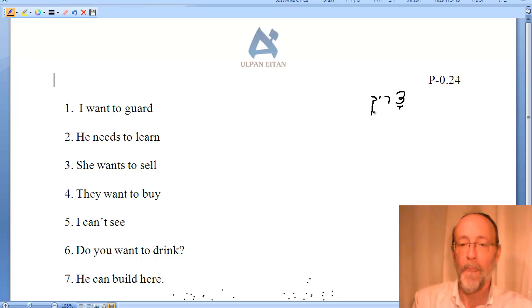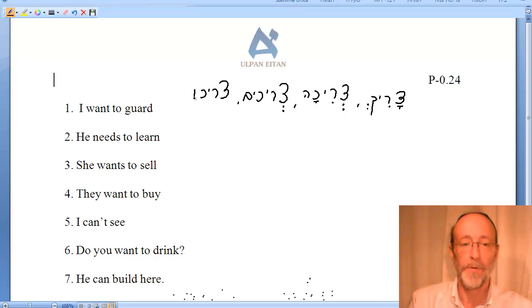tzarich. Second one, feminine singular, tzricha. Masculine plural, tzrichim. And finally, tzrichot. Left out some vowels, that's just fine. I'm sure you understand what I'm doing. Tzarich, tzricha, tzrichim, tzrichot. What I want to point out over here, folks, is notice how, try and take a